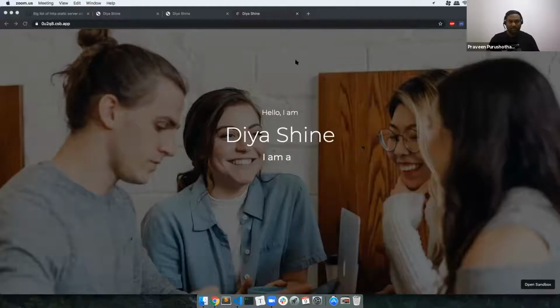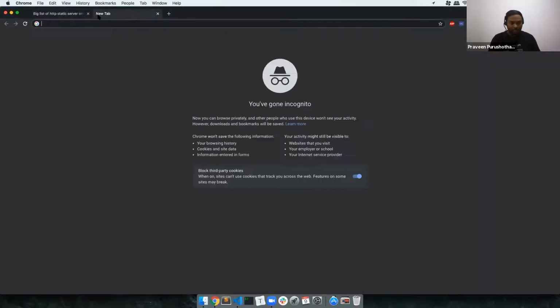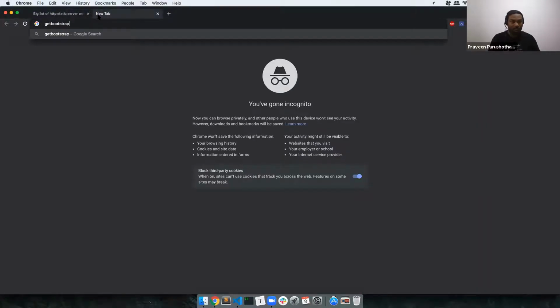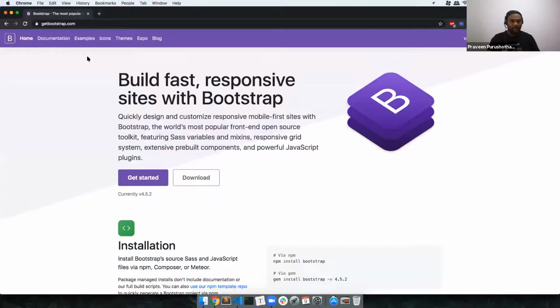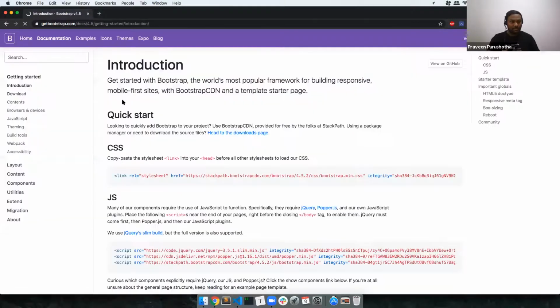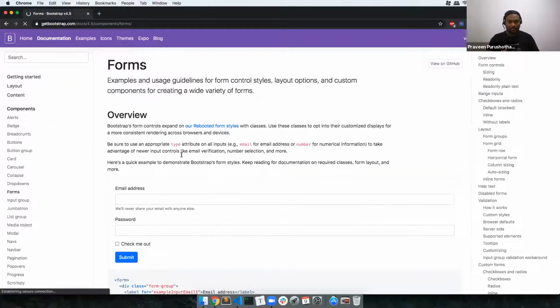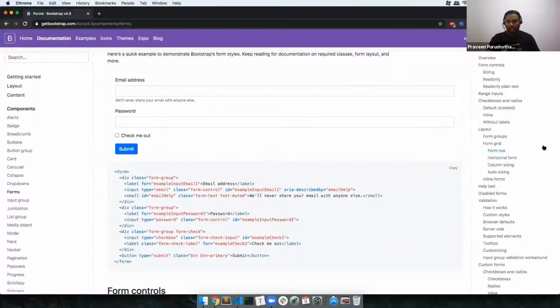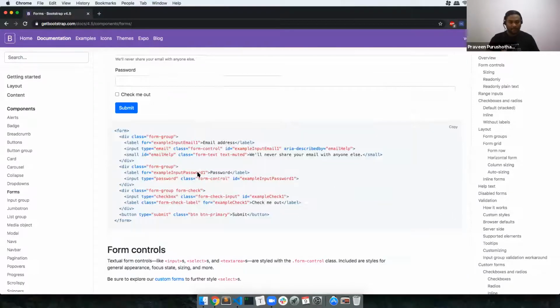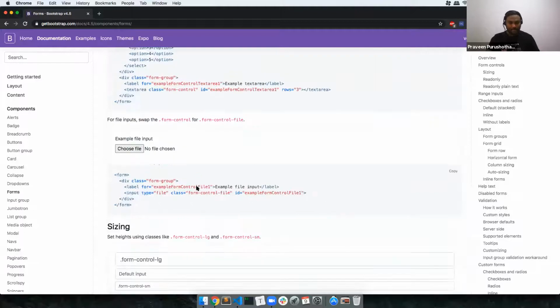For the contact page, what I can quickly say is you can just go ahead to getbootstrap.com. If you see the documentation, if you go to the forms, there are so many forms here. You can use any of these forms as a contact page thing.